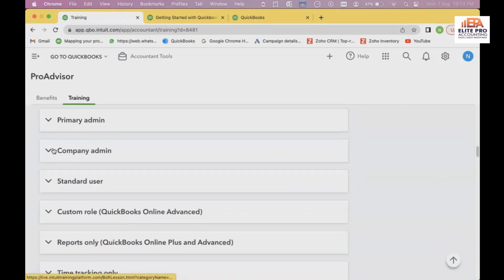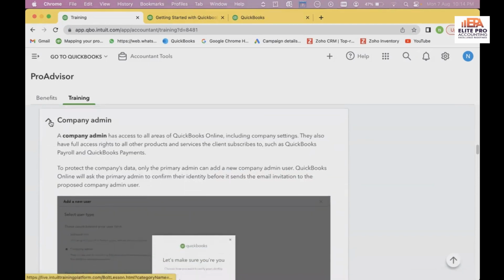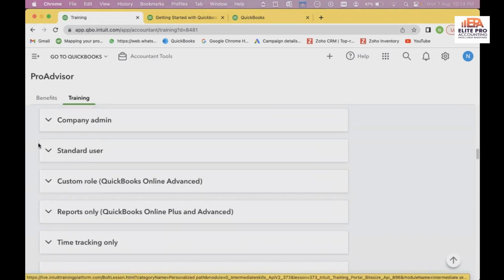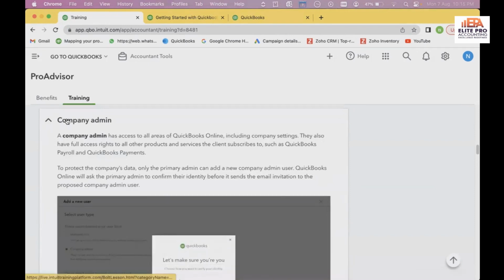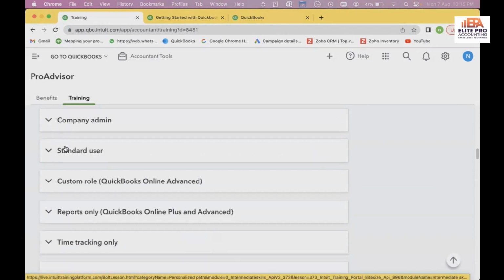Then you can have the admin user. So below the primary user, there would be an admin user. The admin can be multiple, where the owner wants the accountant to have all the access. Then the owner can make that accountant a company admin, or maybe his employee a company admin. Then there would be a standard user. The standard user will have all the rights besides the main rights of the company admin, where they can manage the users and many other things